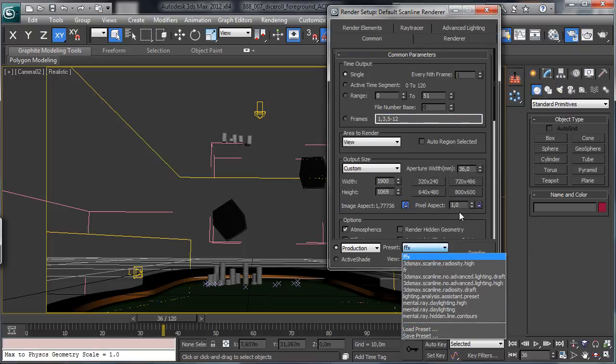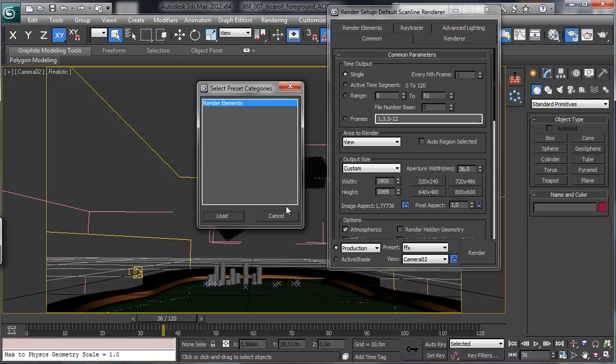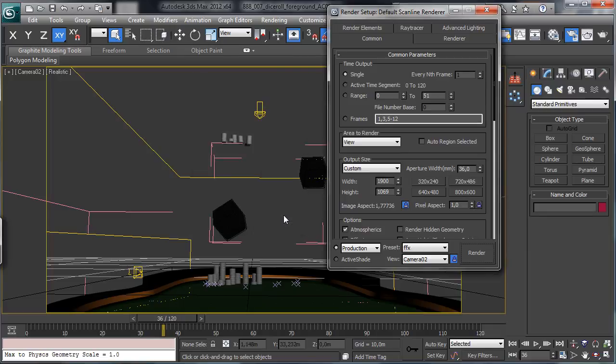You can save and load all the presets you'd like to have, and it's really useful to have the possibility to use parameters and configurations for the rendering engine, and also for different rendering engines. So you don't have to set all the stuff manually every time, but you have the possibility to use it to have a better workflow.